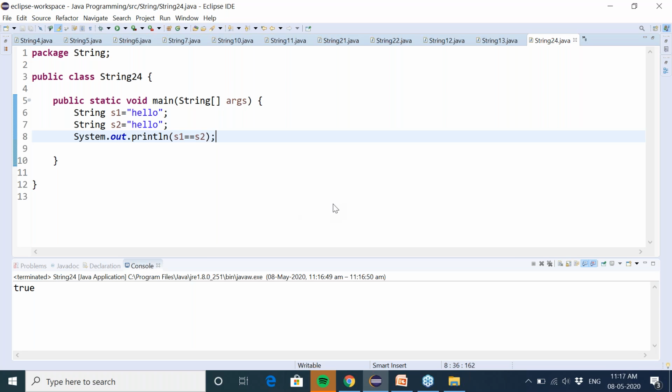The reason behind this is that S1 and S2 are referring to the same object in the memory. That's why you are getting the true answer. We discussed this in Python as well.